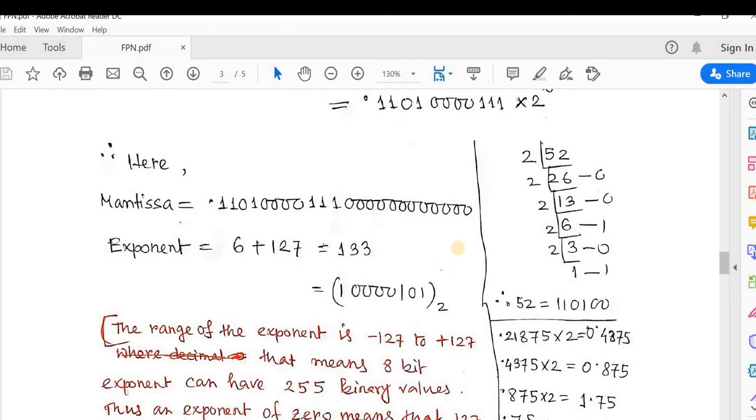The range 0 to 255 of an 8-bit number is divided into two parts, that is 0 to 127 and 128 to 255, and all the values from 0 to 126 are considered as negative. Exponent 127 represents 0 again. Values greater than 127 are positive, so that's why we have to add